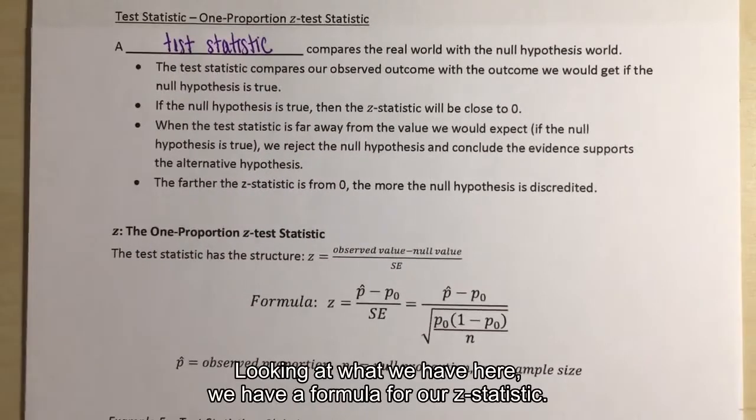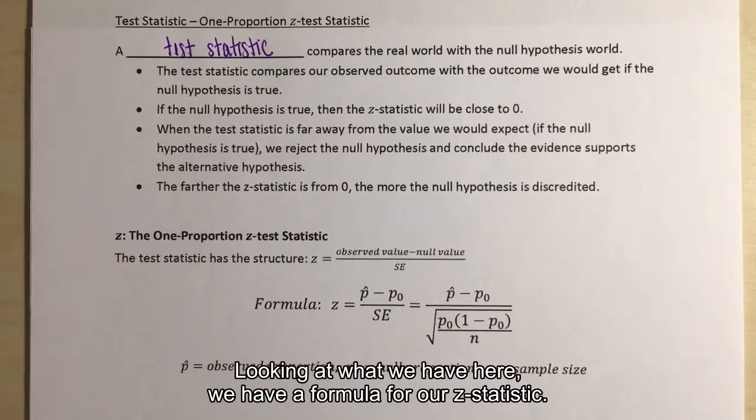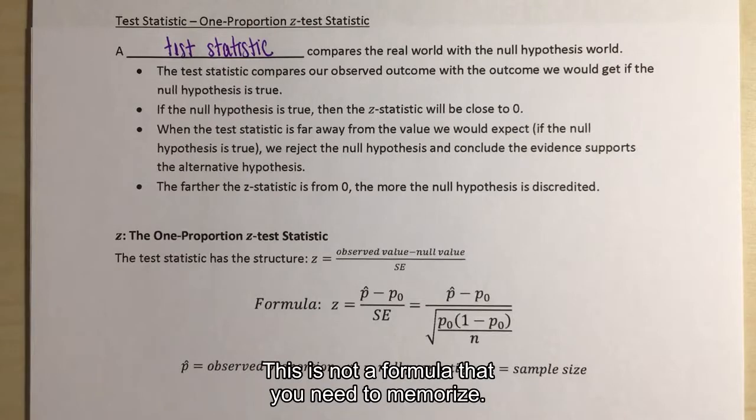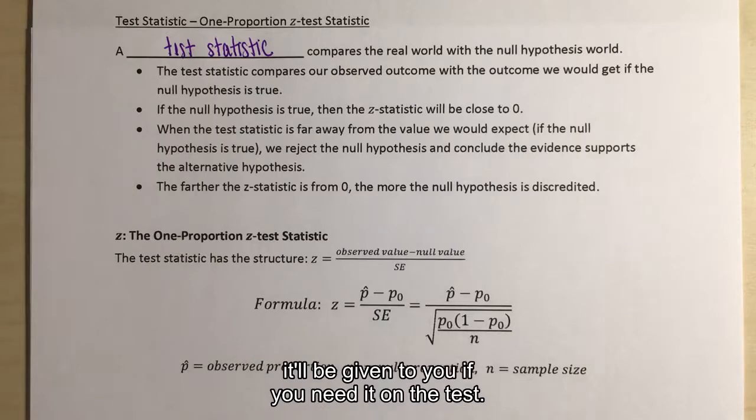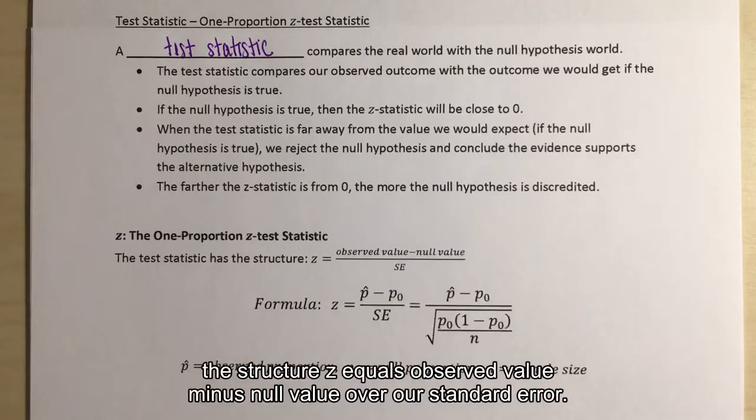So looking at what we have here, we have a formula for our z statistic. This is not a formula that you need to memorize. You should either have it handy on a note card or it'll be given to you if you need it on the test. So the test statistic has the structure z equals observed value minus null value over our standard